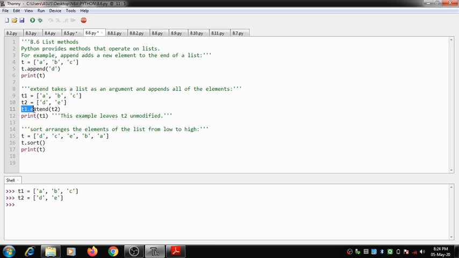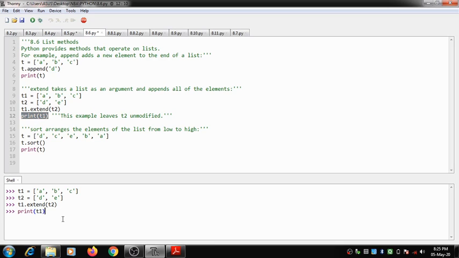So here what happens? T1.extend(T2). When this method gets executed, the extend method takes a list as an argument. It has taken the list T2, which has D and E, and appends all of the elements to T1. So once this method gets executed, all the elements present inside T2 get appended to the list T1.